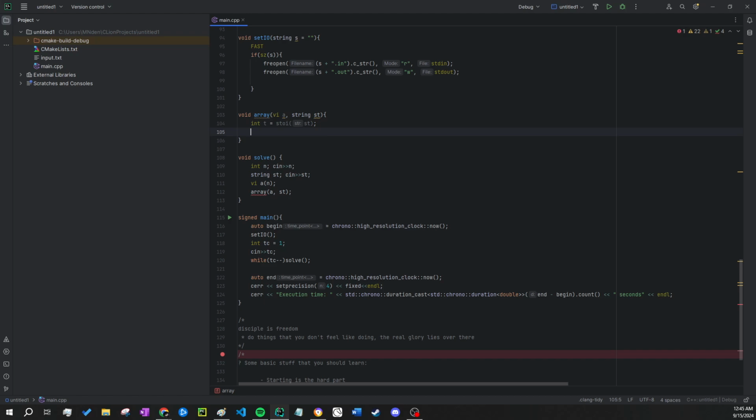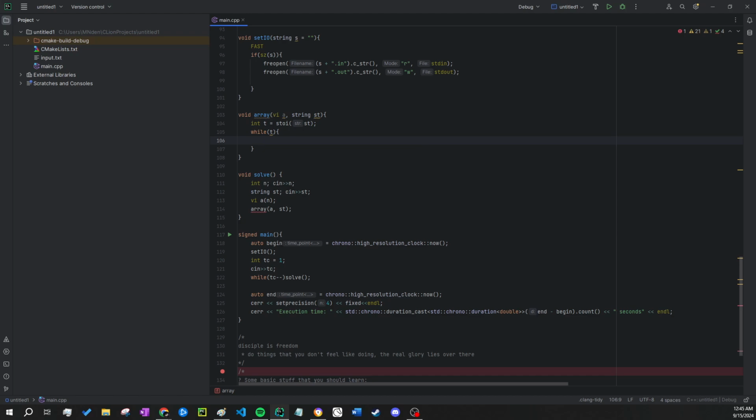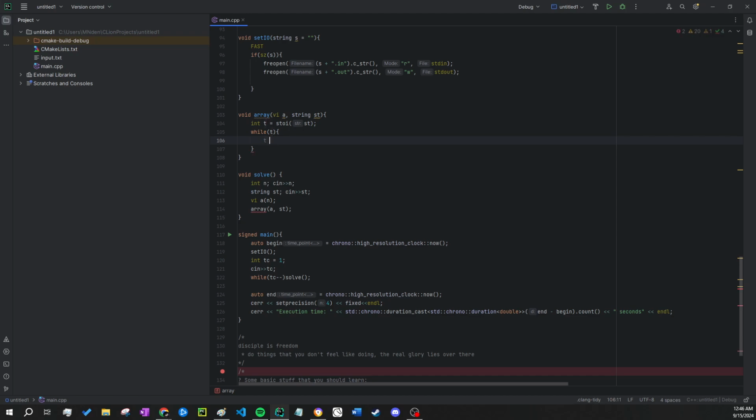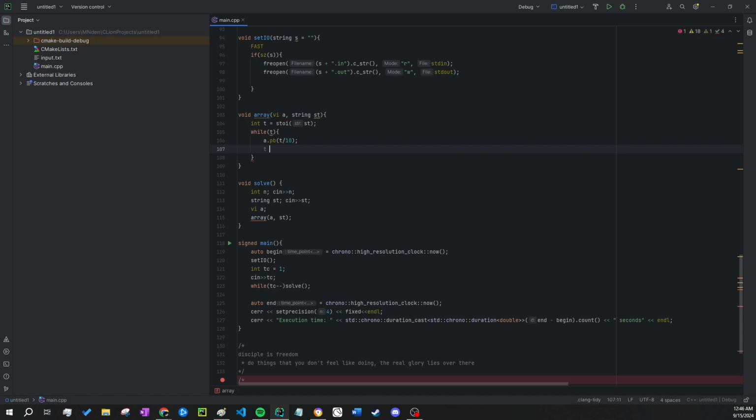Well, while t doesn't equal 0, we can simply do a.pushback of t divided by 10, I believe.